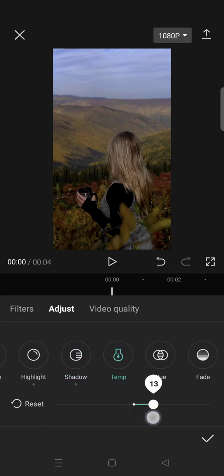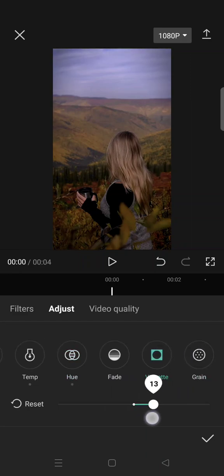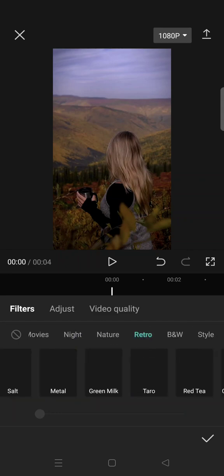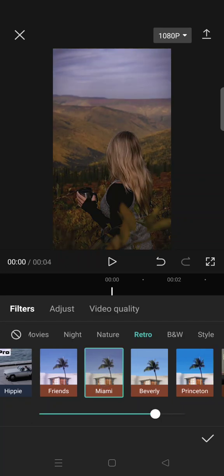then click on tab and set it to 20, and then hue also 20, then add some vignette effect 10, and then go to filter and choose the Mime effect and Mime filter under the retro category. Okay, set it to 85